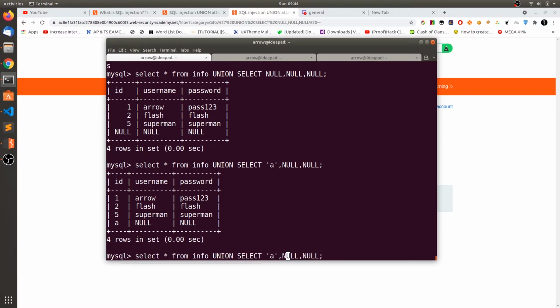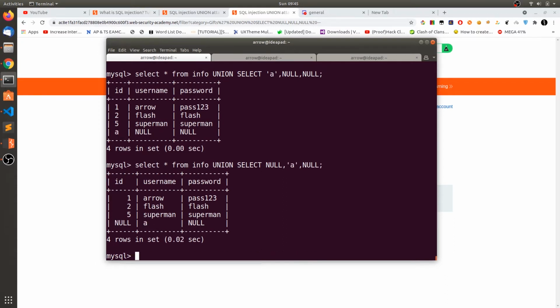So here if you get a successful result, that means this first column is a string column. So we can just say null and then change this to the second column. Here you can see if we got this result correct in this web application, that means the second column is of the string type.